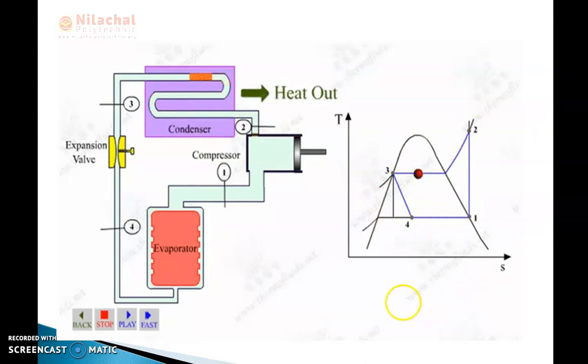If you observe the input of the evaporator, it is a liquid plus vapor mixture. When it passes through the evaporator coil, it absorbs the heat from the refrigerating space. So the refrigerant temperature will be increased. What will happen? The liquid vapor is converted to the vapor. Hence the cycle is completed. So this is about the TS plot.